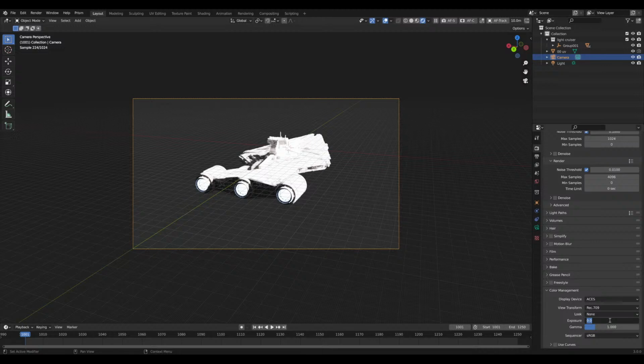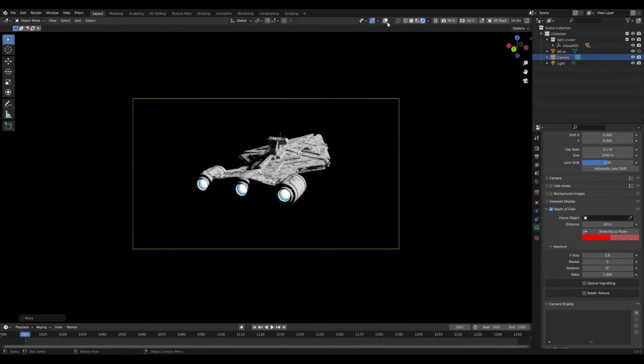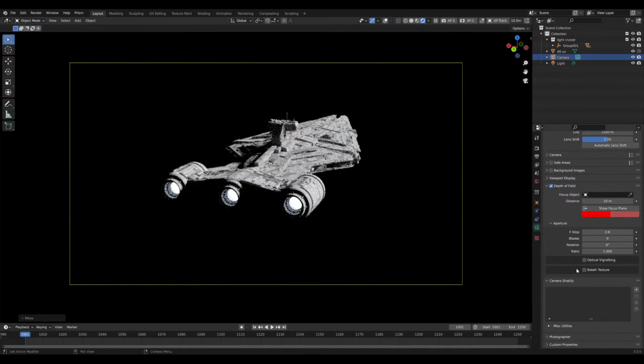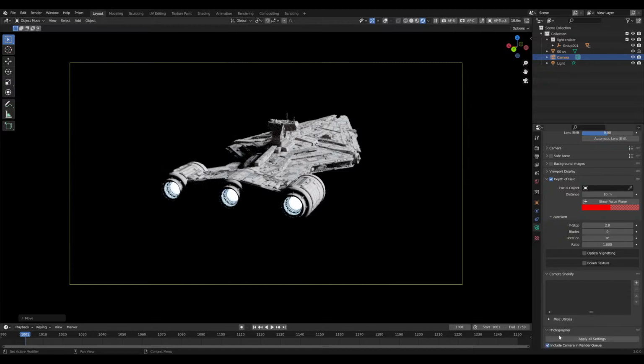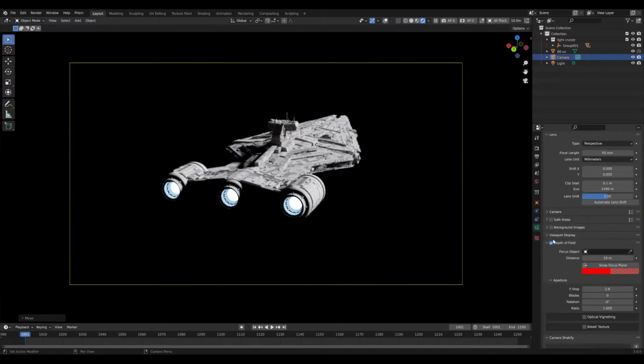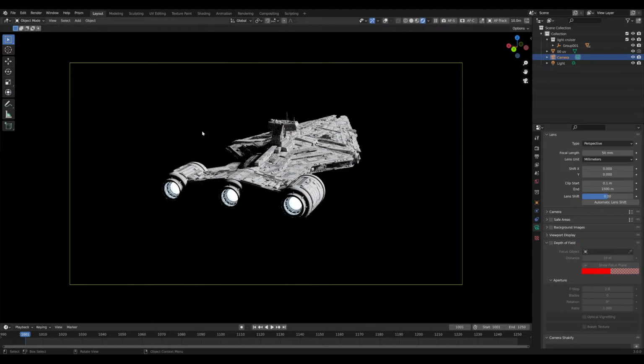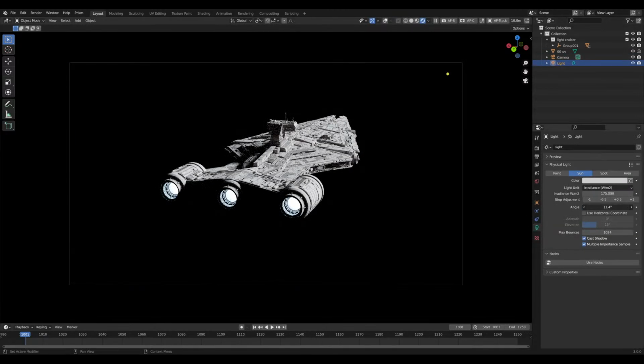And then you can set your exposure in color management to about -4.5, and that'll do you good. You can get more specific with camera settings if you have the Photographer add-on, which I highly recommend, but we'll just set it to -4.5 right now. And then I want to maybe just turn off depth of field. And then this is a pretty decent scene. I might change the angle of the sun here